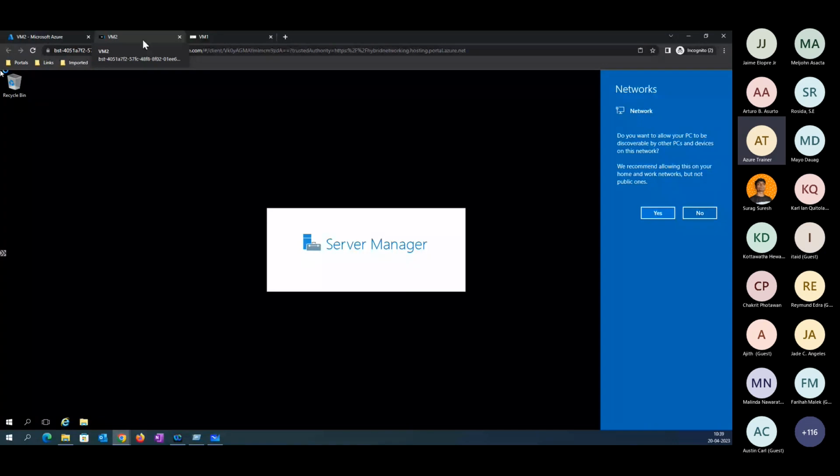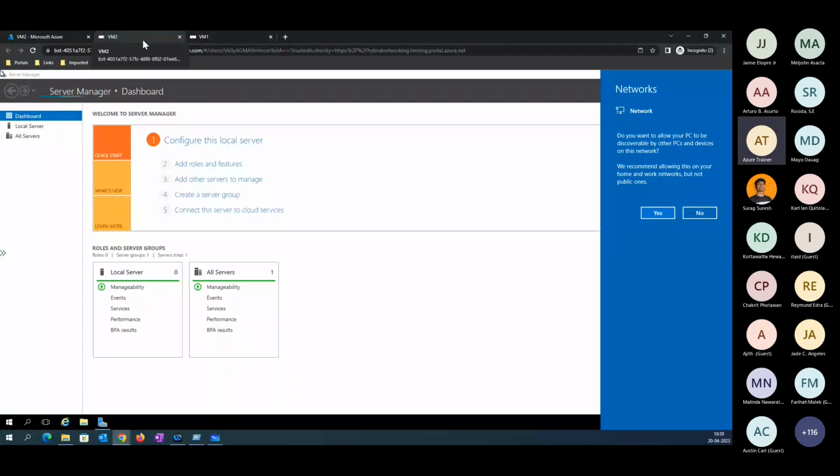Currently, it's been configured under Bastion. You can see it's connecting via the Bastion service here, right?